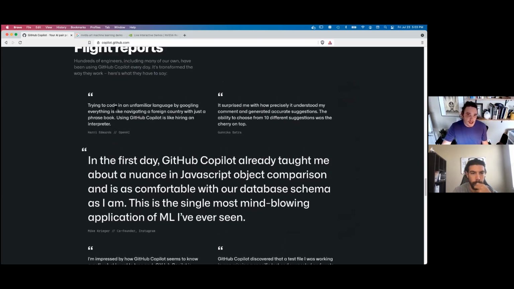And here's a whole bunch of interesting quotes, and I think some of their use cases are interesting to highlight too. Here's a quote talking about the pains of navigating if you're completely unfamiliar with a language and you're trying to learn about it, just Googling things. It's definitely a struggle, but it sounds like using GitHub Copilot, you're able to take off and be productive really quickly. This one talked about the ability to go through suggestions. I think that's really, really interesting.